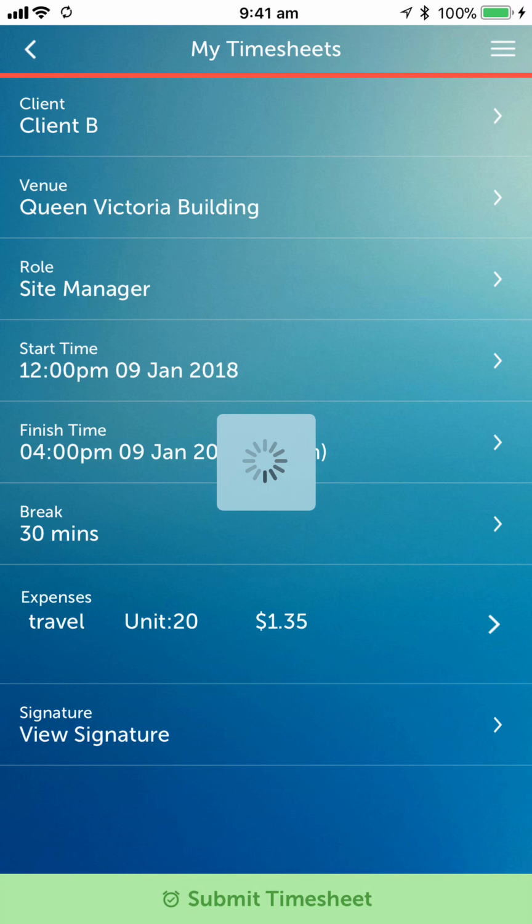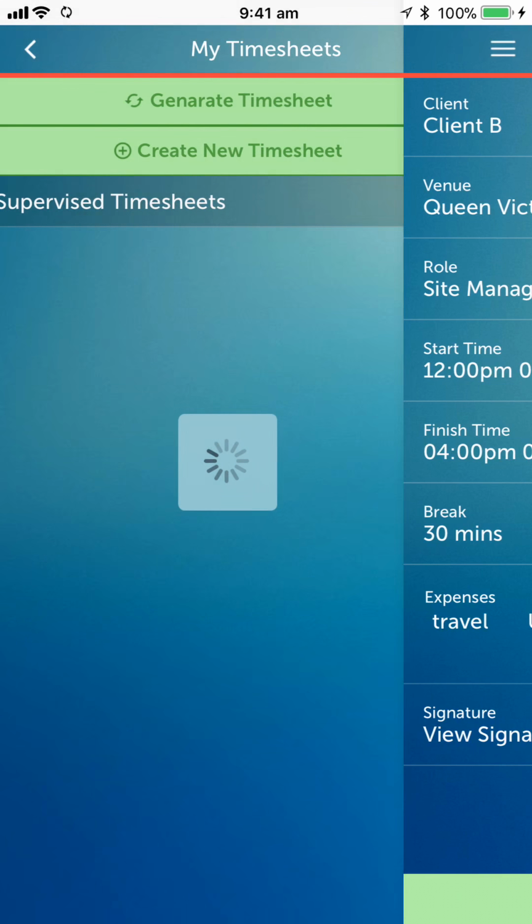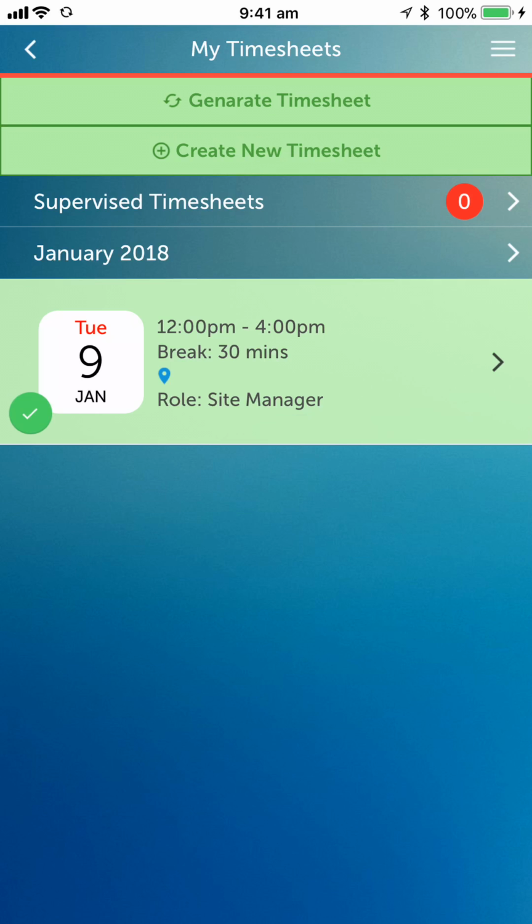And that's really the process of creating a timesheet. So it'll create the timesheet, send the timesheet back to the payroll administrator and into their system, which may take 30 seconds or 20 seconds or so to do, so just leave it processing. Once it does that, it'll create the timesheet as you see here, and it's all been submitted. This timesheet will eventually cycle out when the payroll administrator has seen it and